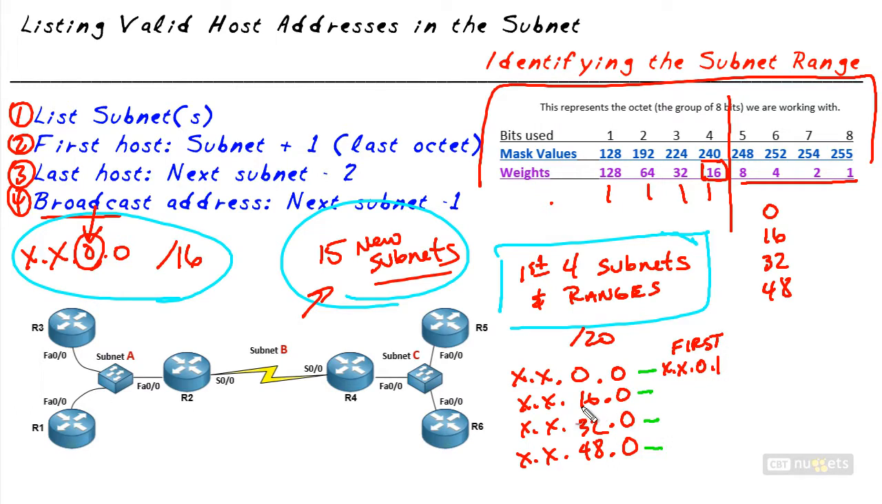That's our first valid address. The first valid address for the 16 subnet, I'm going to leave off the x's, by the way. I'm just going to leave an arrow down there. The first valid host on the 16 subnet is going to be 16.1. The first valid host on the 32 network is going to be 32.1. And the first valid